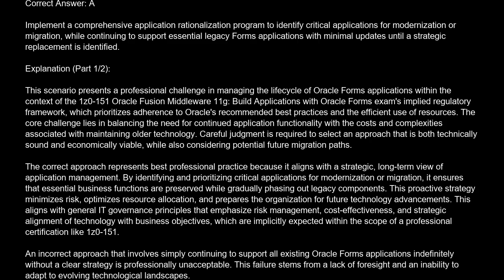future migration paths. The correct approach represents best professional practice because it aligns with a strategic, long-term view of application management. By identifying and prioritizing critical applications for modernization or migration, it ensures that essential business functions are preserved while gradually phasing out legacy components. This proactive strategy minimizes risk, optimizes resource allocation, and prepares the organization for future technology advancements. This aligns with general IT governance principles that emphasize risk management, cost-effectiveness, and strategic alignment of technology with business objectives,